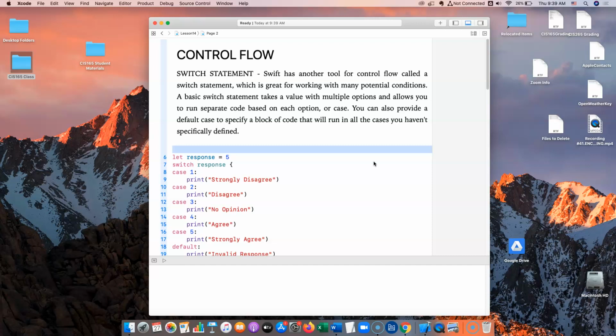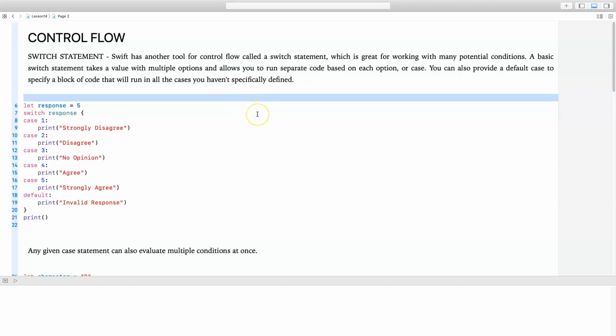A switch statement is just another tool within Swift which is great for working with many potential conditions. What a basic switch statement does is it takes a value with multiple options and allows you to run separate code based on each option or case. You can also provide a default case to specify a block of code that will run in all the cases